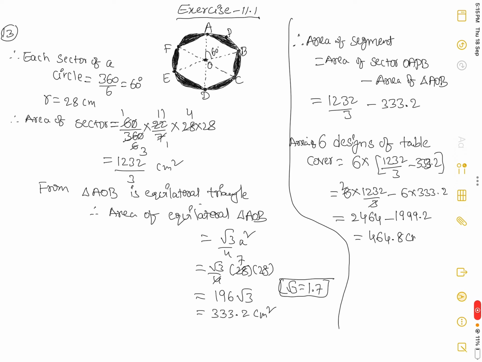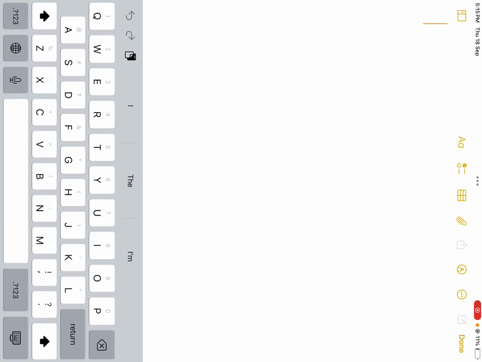Overall we get here 464.28 centimeters square. In this problem, the given cost of making 1 centimeter square equals